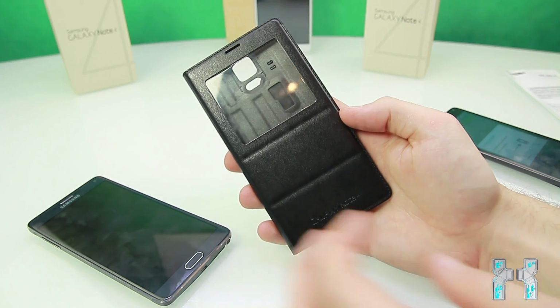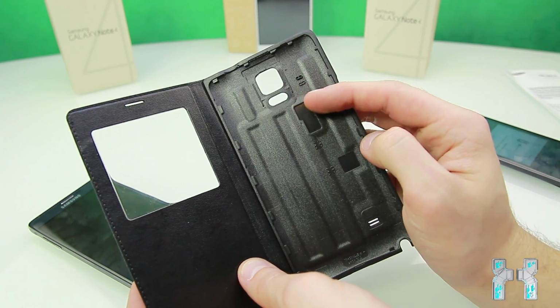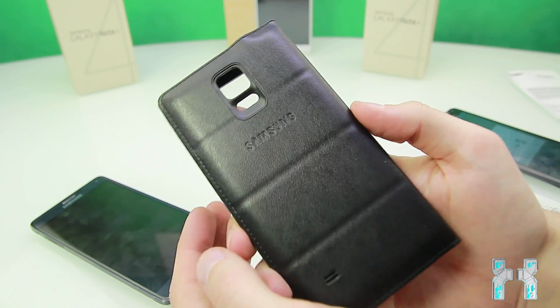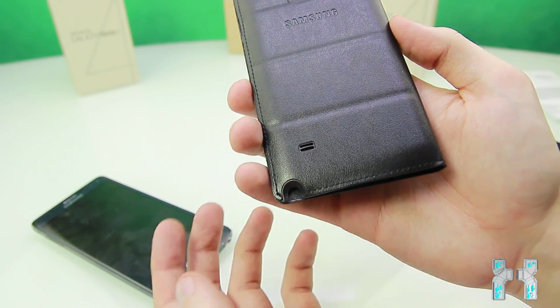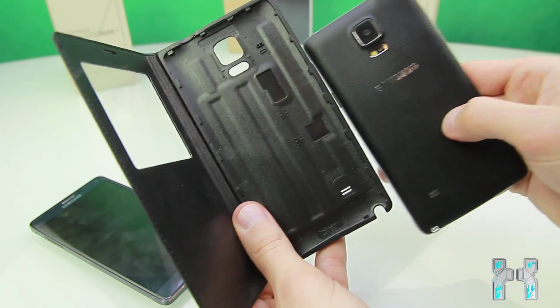Also included, what I forgot to mention, is that flip cover here. And it's also a replica. You can see the golden contacts for NFC are missing because the clone also doesn't support NFC. But all in all, it feels like the real deal, comes with the Samsung logo, fake leather optic, and I would definitely prefer to buy such a replica instead of wasting €50 for a flip cover, because they are quite